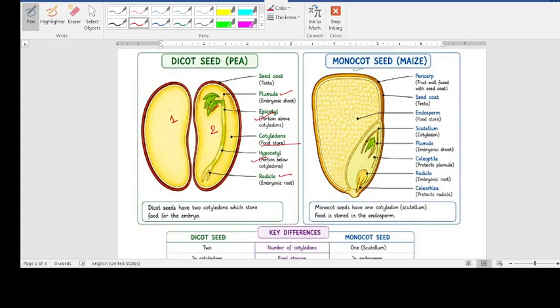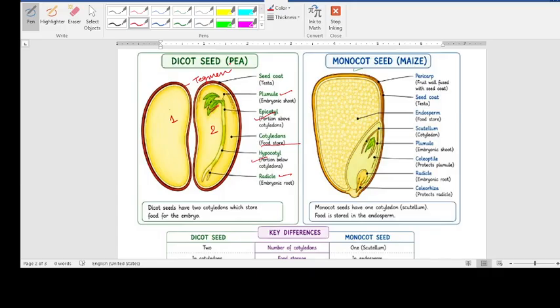Now there are two seed coats, testa and tegmen. The testa they have labeled as the outermost, and this inner layer is called the tegmen. So testa and tegmen are actually the protective structures of the seed, which are the result of the outer and inner integument